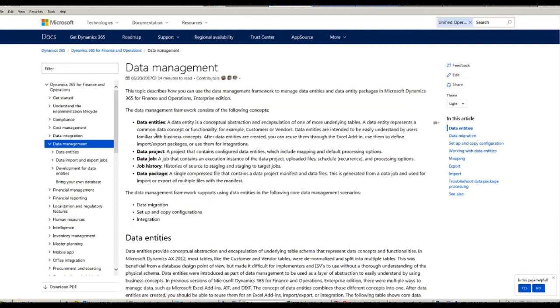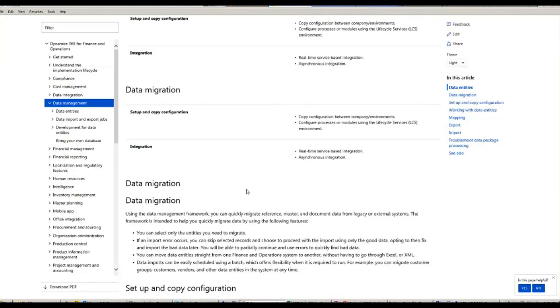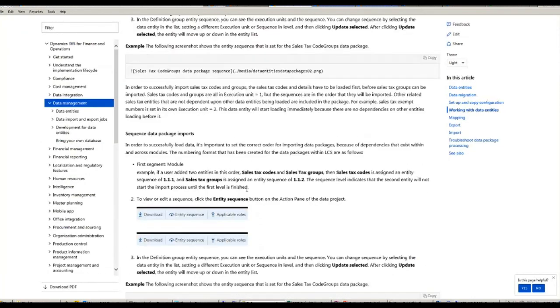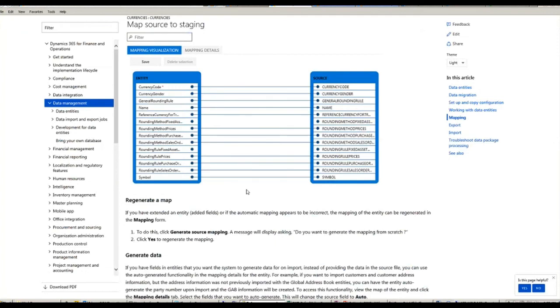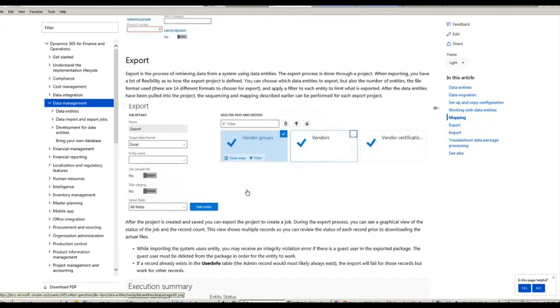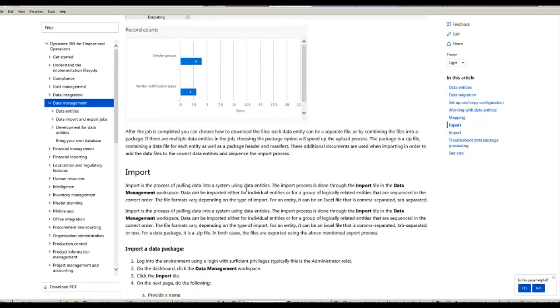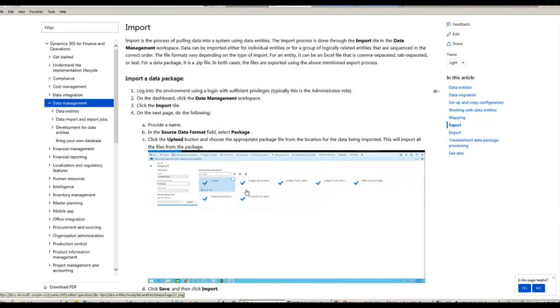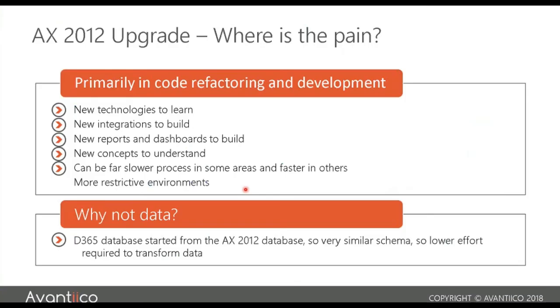You can use these data entities not just for data migration, but also ongoing integration if you want. Have a look at those, and what you will do is, in 365, you have an option to view those entities, view the mapping, how they look, and actually start loading those in, importing those data entities through the data package and running those. So that is also an option.